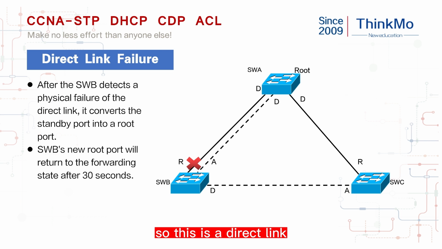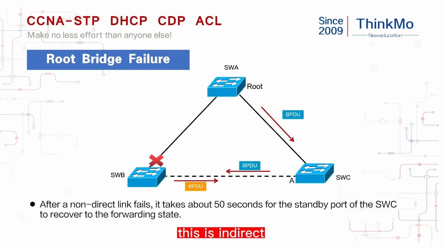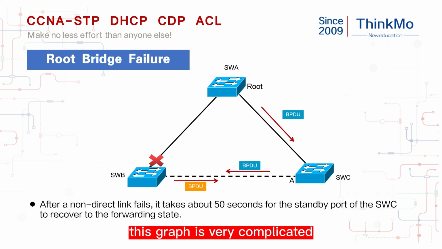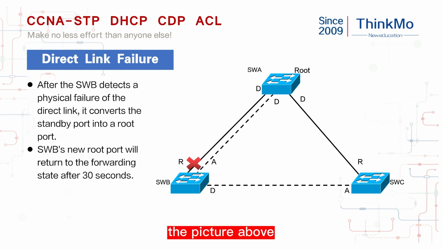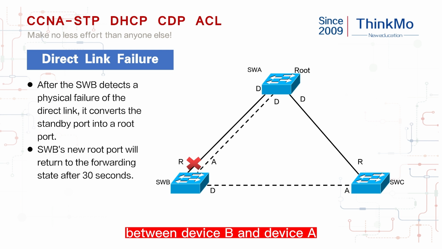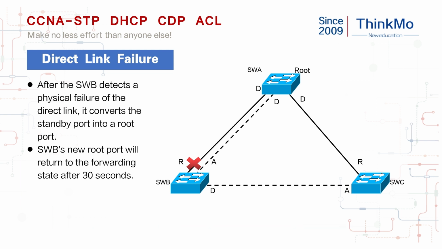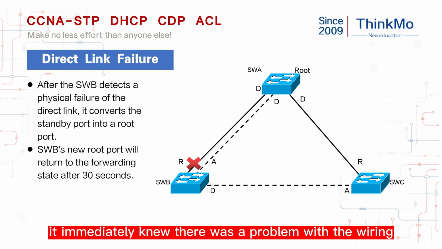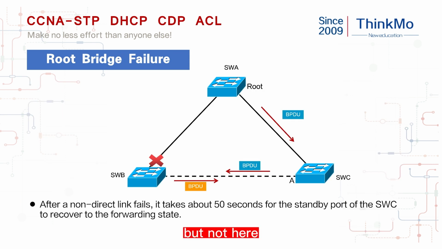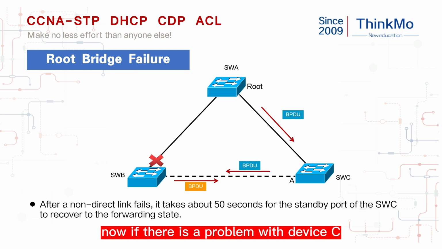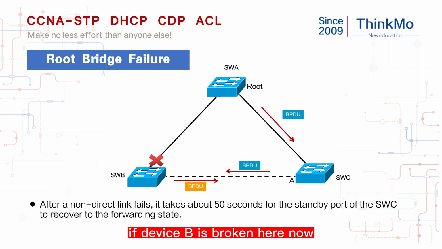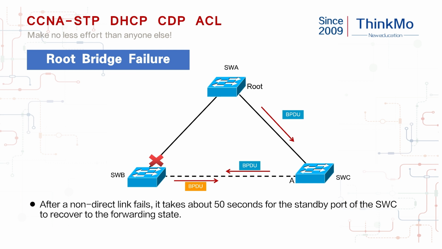So this is a direct link. This is indirect. This graph is very complicated. Just understand it for now, you don't need to know that much. In the picture above, there is a direct connection between device B and device A. So once B is directly connected and goes down, it immediately knows there is a problem with the wiring. But not here. Now if there is a problem with device C,